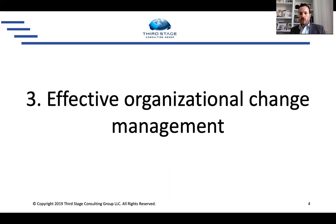The third thing, and you could argue this should have been the first one because in my opinion, it's probably the most important, is having effective organizational change management. And again, this begins in that transformation readiness piece, which I just talked about as the first best practice, but it's worth calling out here too, because without effective organizational change management, without addressing resistance to change and making sure we've got executive alignment and our stakeholders are aligned, ensuring that we understand what the change impacts are to people and we help transition them through that process. Without any of that, this project has no chance of succeeding. So we've got to make sure we have